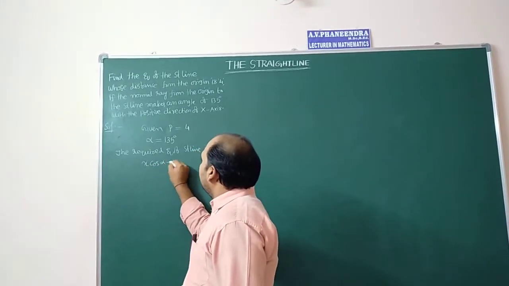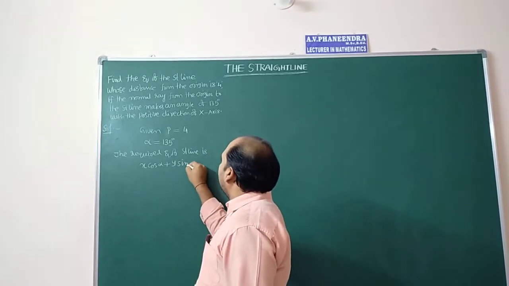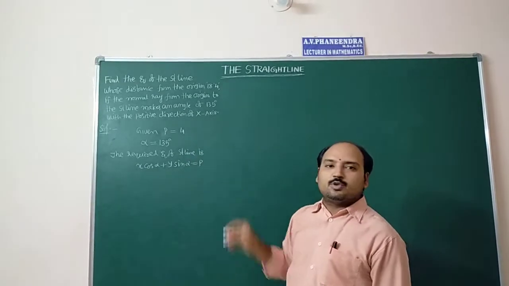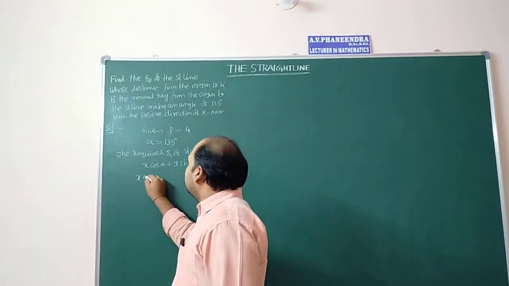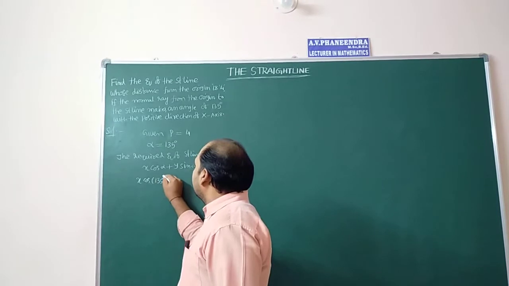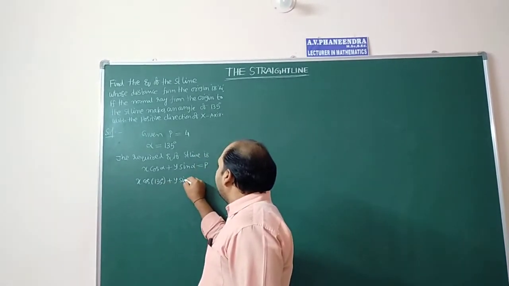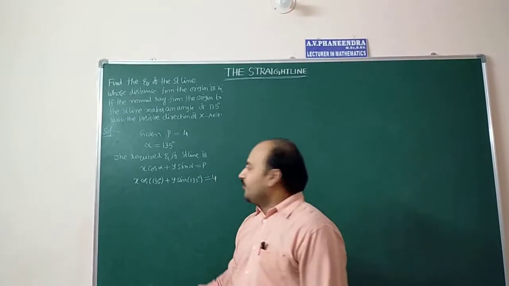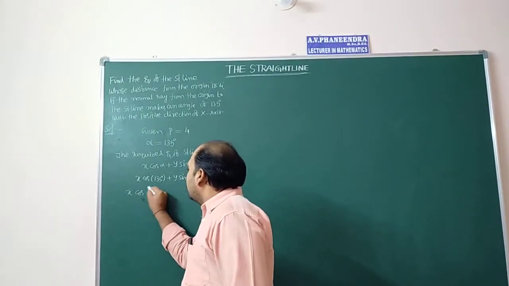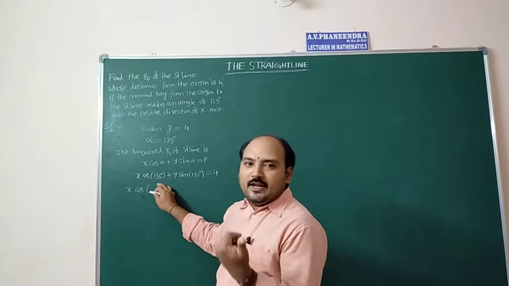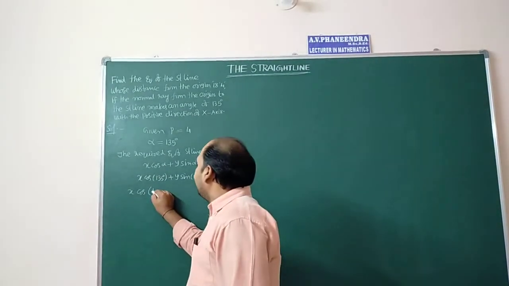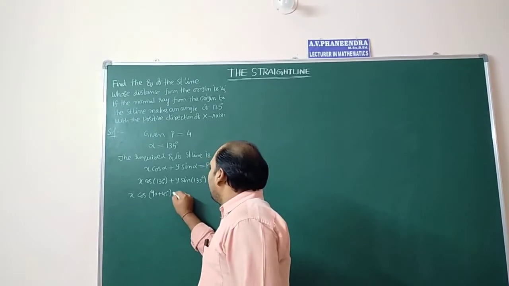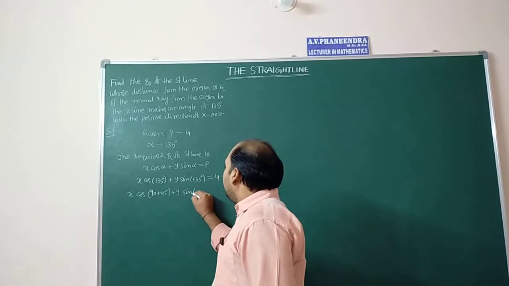x cos alpha plus y sin alpha equal to P. So in place of alpha and P, substitute these values. x cos 135 degrees plus y sin 135 degrees is equal to 4. So x into cos of either 90 plus 45 or 180 minus 45. So 90 plus 45, plus y into sin of 90 plus 45